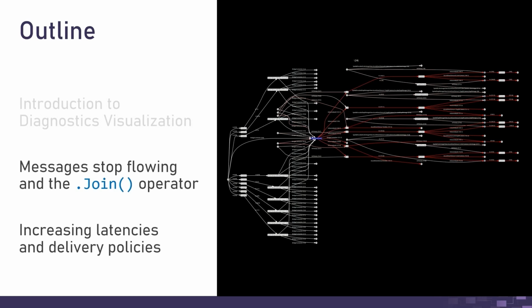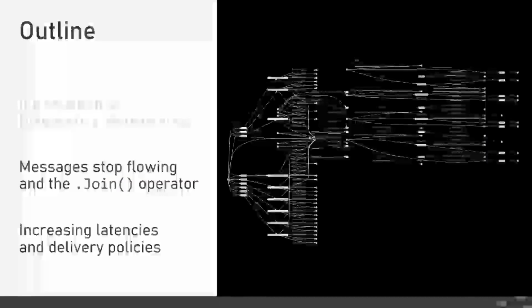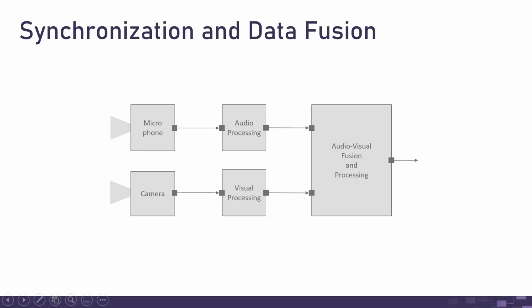But before that, let's do a quick review of data fusion and the join operator in Psi. One pattern that is often used in Psi pipelines is that of data fusion, where you have two different streams originating from different sources that need to be fused together. For example, here we have data coming in from a microphone and camera that eventually needs to be processed jointly by some audio-visual pipeline,